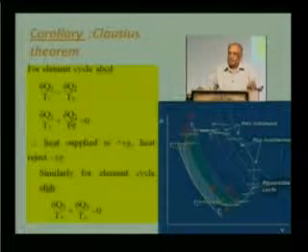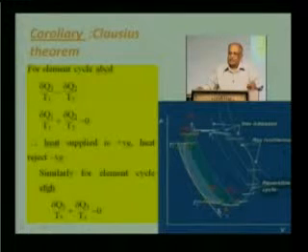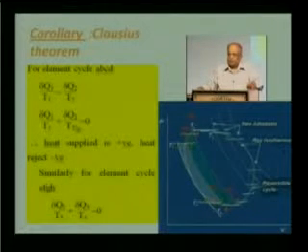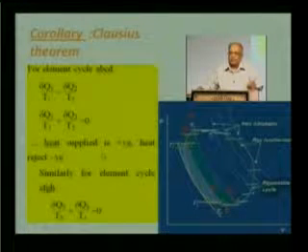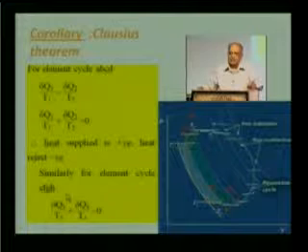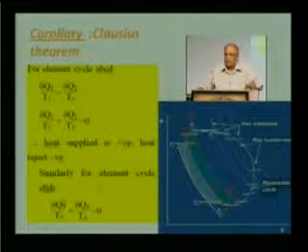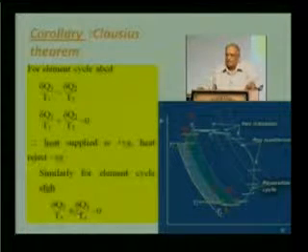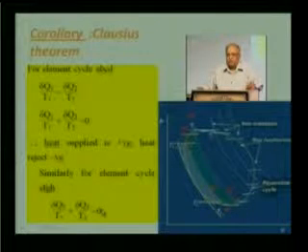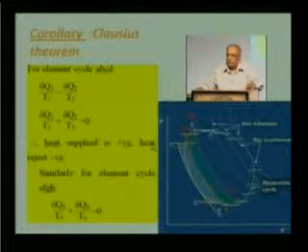This is because dQ2 is the heat rejected, which is a negative quantity, and when it is taken from right to left, the expression becomes dQ1 by T1 plus dQ2 by T2 equal to 0, putting the heat supplied as positive and heat rejected as negative. Similarly, for the next elemental cycle, dQ3 by T3 plus dQ4 by T4 is equal to 0,